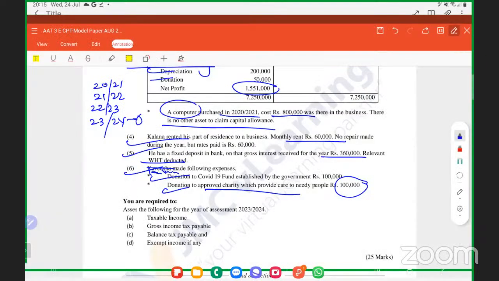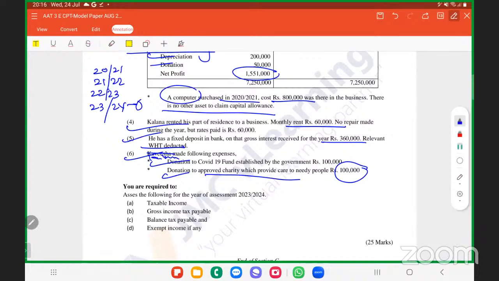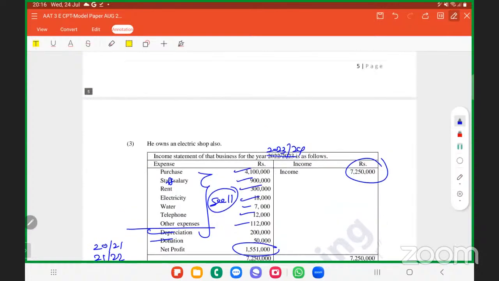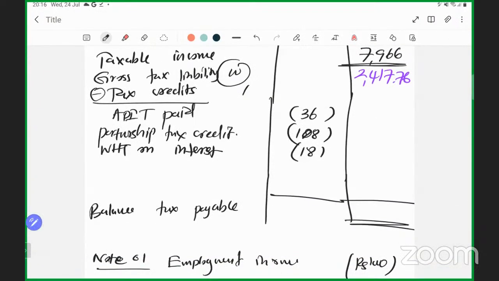Isn't there any installment payment? No, there is no self-assessment payment. If there was a self-assessment, you would have to write it down, right? But in this case, no self-assessment. So 36.36 plus 36 plus 108 plus 18, altogether 162. So the total tax liability is 2,417.76